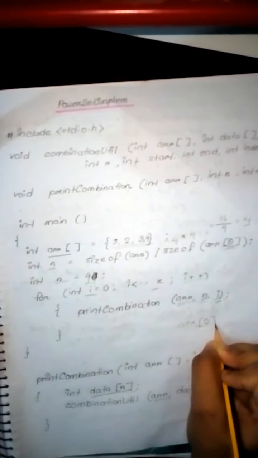So inside this we have this input array, data, this 0 which refers to the starting index, n minus 1 which refers to the ending index, and we know that an array starts from 0, and when we write array[0] we actually represent the first element. So by writing n minus 1 we represent the last element of that array. So this is the ending index of that array, and this r is the size of combination. So now let's see this function.